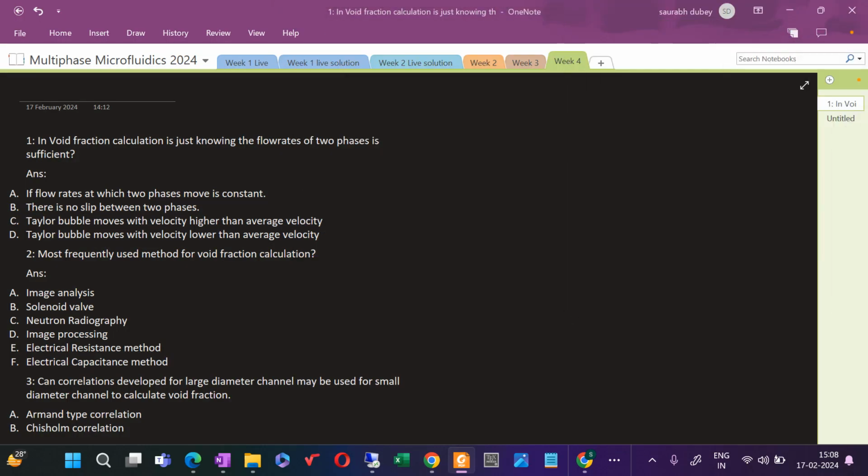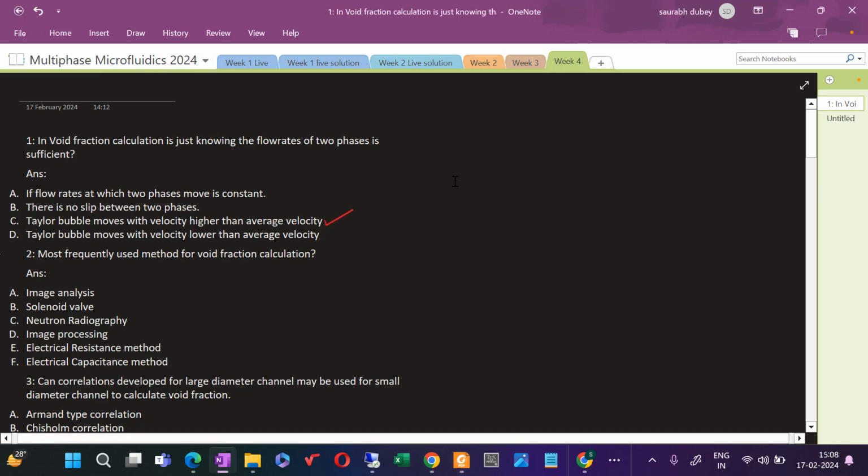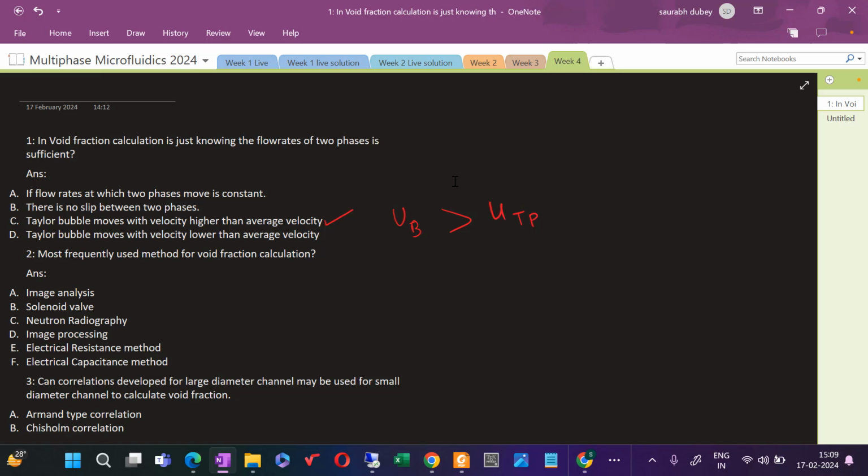So the various correlations that have been told are self-explanatory and experimentally calculated, but if the flow rates at which two phases move is constant, there is no slip between two phases, the Taylor bubble moves with the higher average velocity. So yes, this one is right. Whatever the average velocity will be, that is U_TP. So U_TB, the bubble velocity, is more than the U_TP, which is the average velocity. And if there is no slip between two phases,